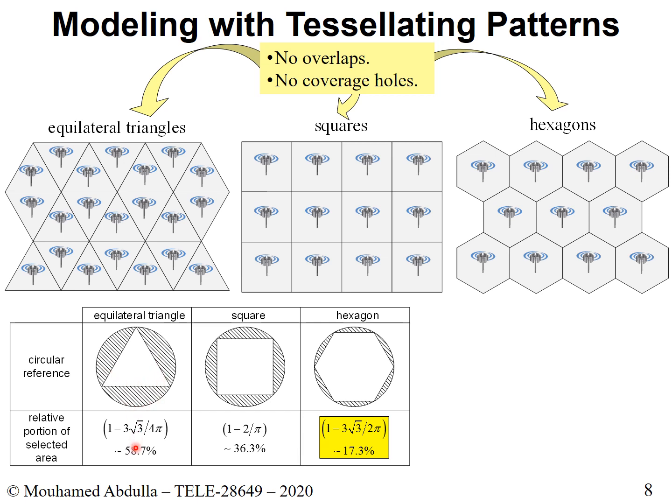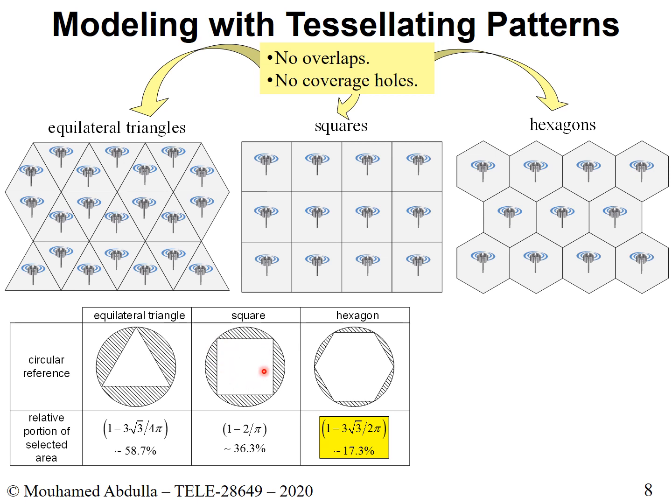In fact, the grayed out area represents 59% of the entire area of the cell. So you're missing roughly 60% of your circular cell when you use a triangle. When you use a square cell, you're improving. It certainly improves upon the triangular cell, but still you are missing roughly 36% of your circular cell.